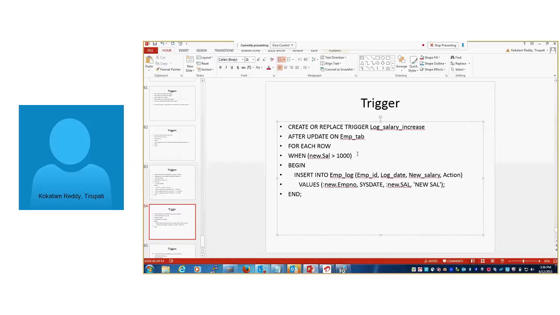If you want to audit a particular table or particular information, a particular username, what time he updated, what he updated, everything we can get through that audit. This audit we can do through trigger. That is one of the main uses.